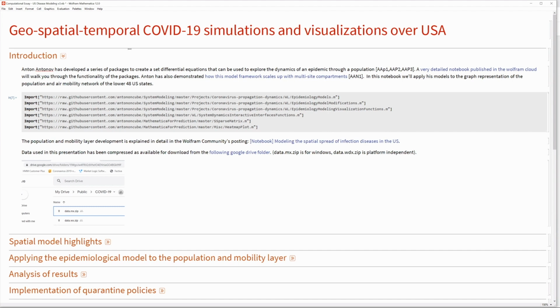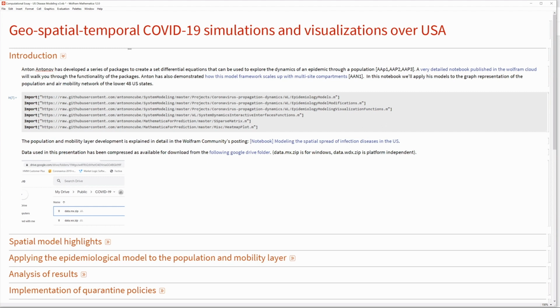I would also like to mention that if you reach out to community.wolfram.com, you will see a lot of great work being done in different models, either at the gene level and the coding of the gene of the virus, to many models in different countries. A lot of great work is being done. So please check out